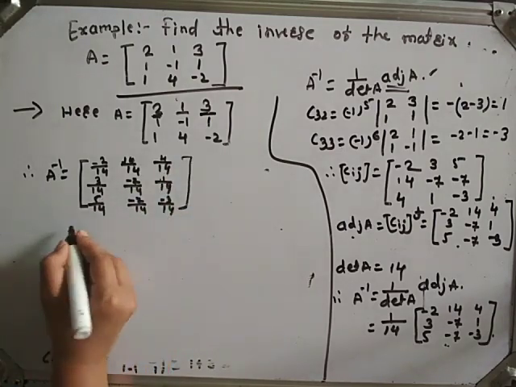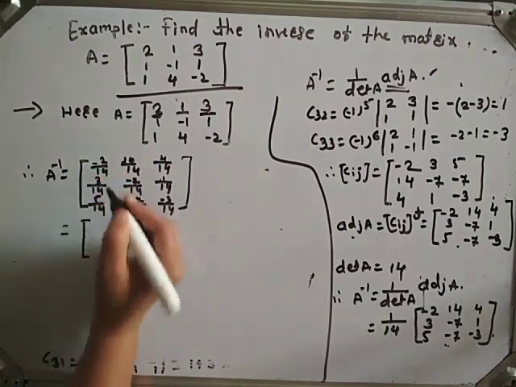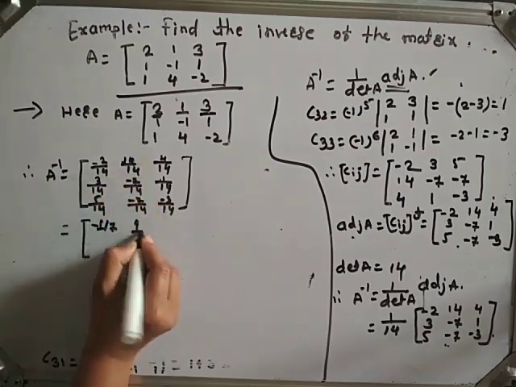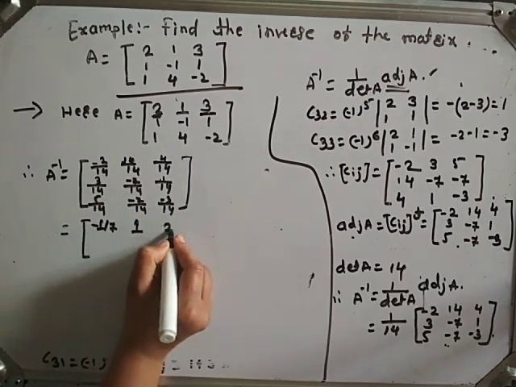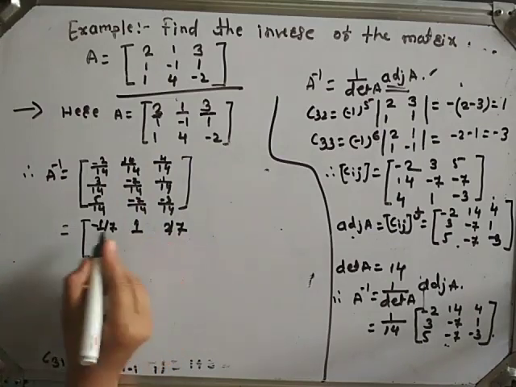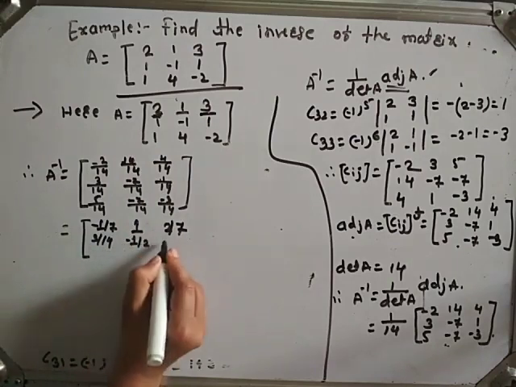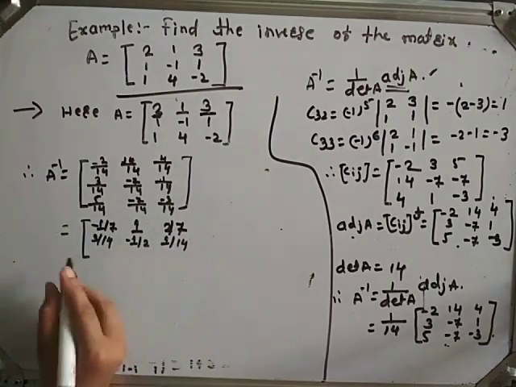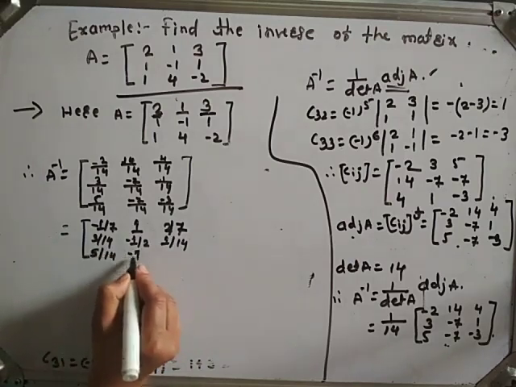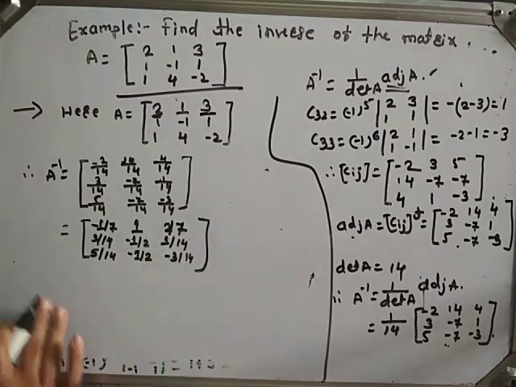Okay. It is equal to minus 2 by 14, means 2 sevens are 14, so this is minus 1 by 7. This is 14 upon 14 is 1. This is 2 by 7. 2 twos are 4 and 2 sevens are 14. 3 by 14, minus 1 by 2, 1 by 14, 5 by 14, minus 1 by 2, minus 3 by 14. Okay, this is the A inverse.